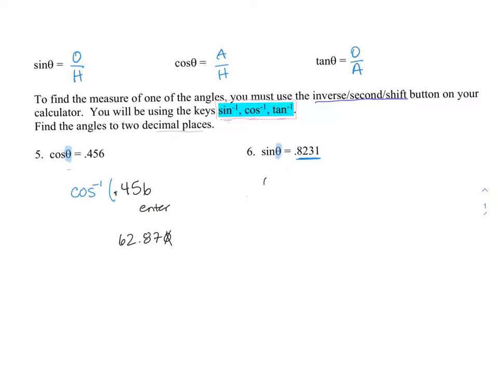So for sine, you can write theta equals if you want, or you can just give me the answer. Theta is going to equal second sine, and we're going to put the 0.8231 in it. And this is a little more interesting. When you do this, we're going to get 55.396. This 6 is going to round it up, but don't think of rounding up the 9. Think of rounding up the 39. What's 1 up from 39? 40. So we're going to get this to be